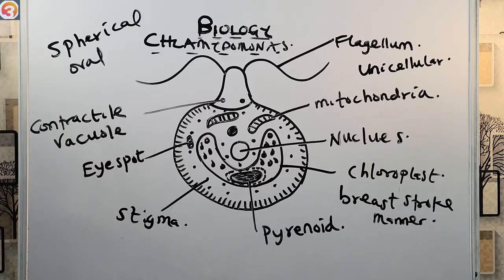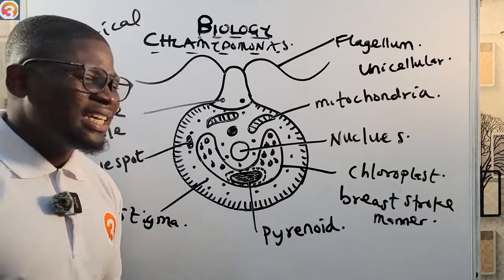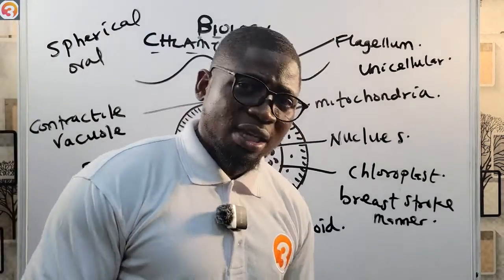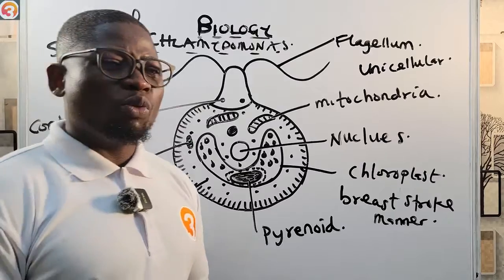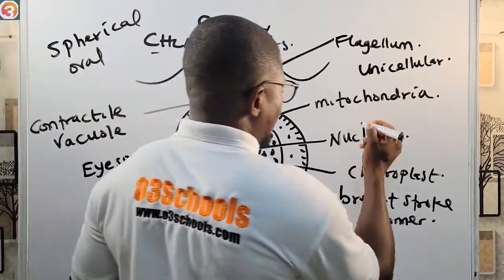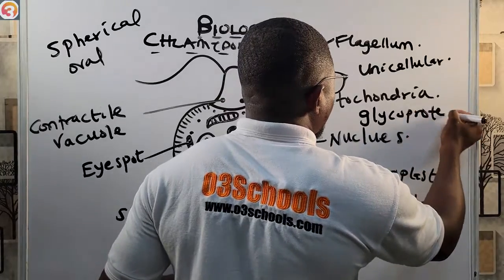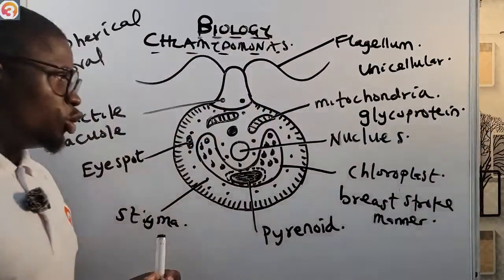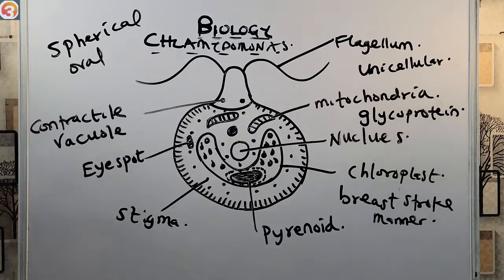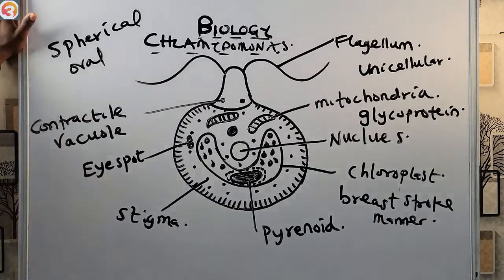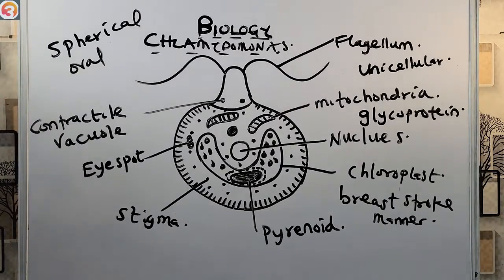So the cell wall of the Chlamydomonas is not made up of cellulose. It does not have a cellulose cell wall. The cell wall is made up of what we call glycoprotein. So the cell wall of the Chlamydomonas is made up of glycoprotein and not cellulose. Also, the cell consists of a nucleus